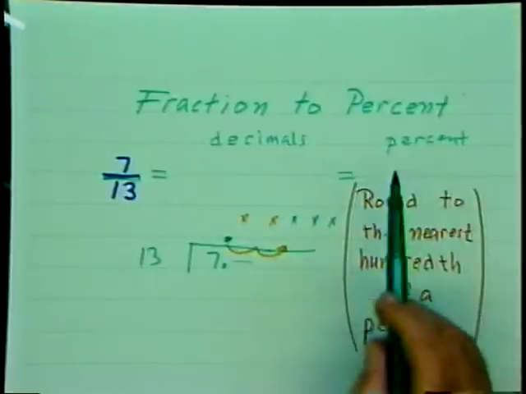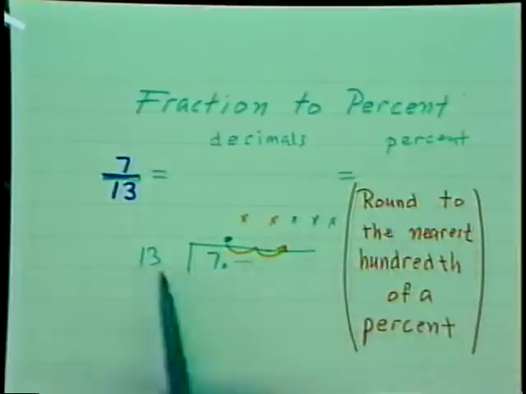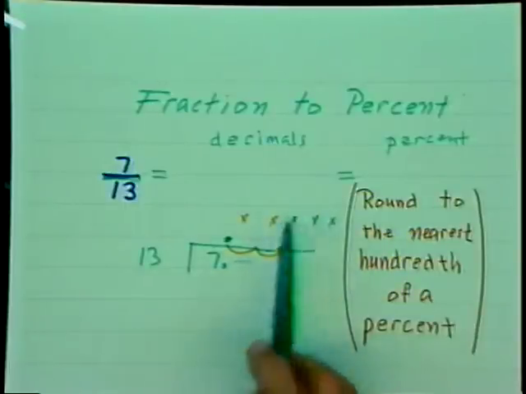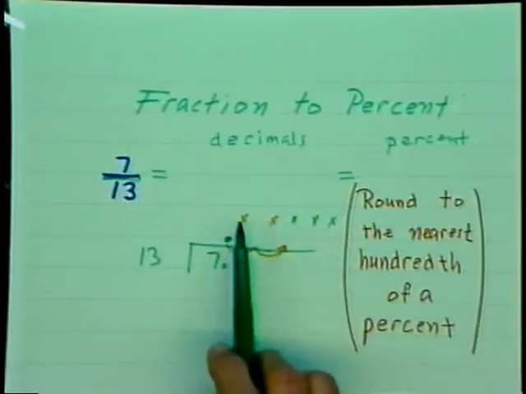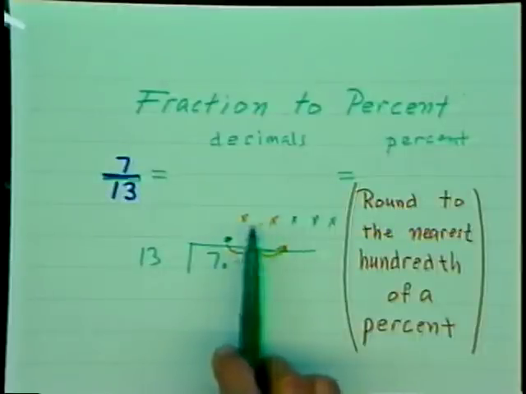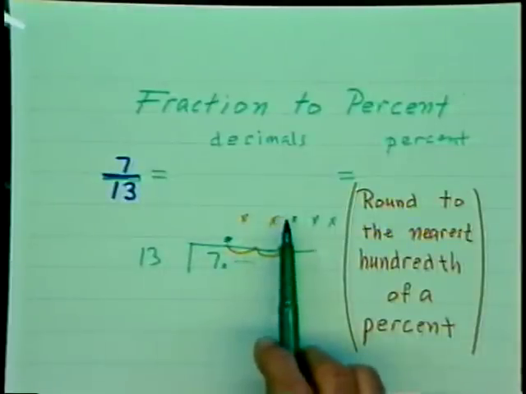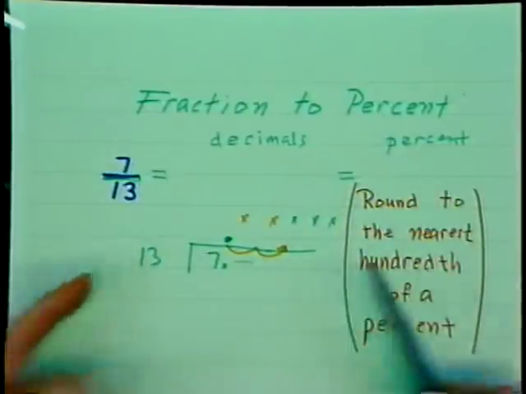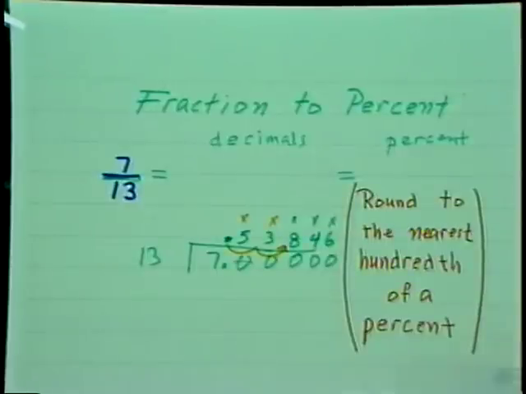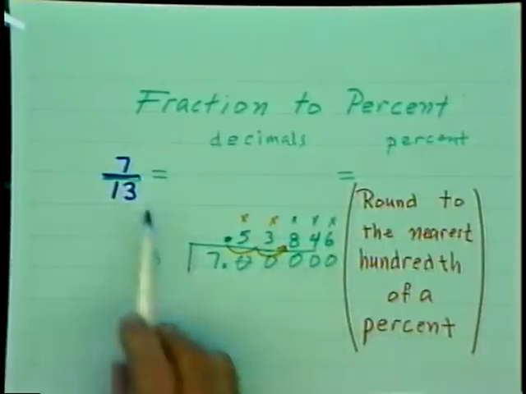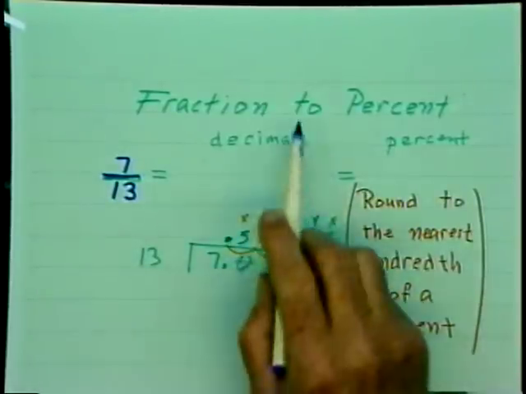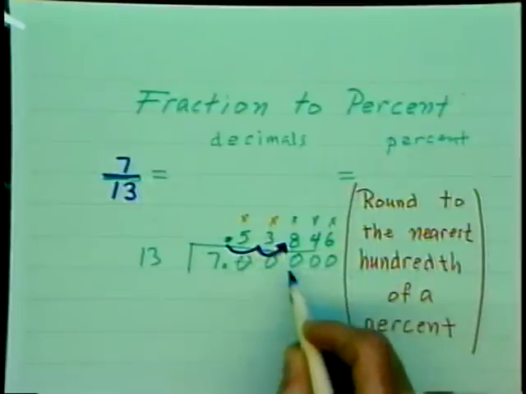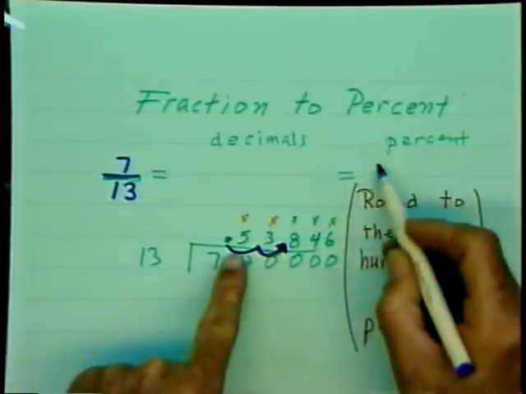So in order to have this accurate to the nearest hundredth of a percent, I'm going to have to perform this division out 5 places. Not the 2 that a beginner might think of, because this is the nearest hundredth period, the nearest hundredth of a decimal. But we want the hundredth of a percent that it's going to end up being. So doing this division, we get this decimal equivalent of this fraction. Changing it to a percent, I move the decimal point 2 places towards the percent. So it's going to end up here at